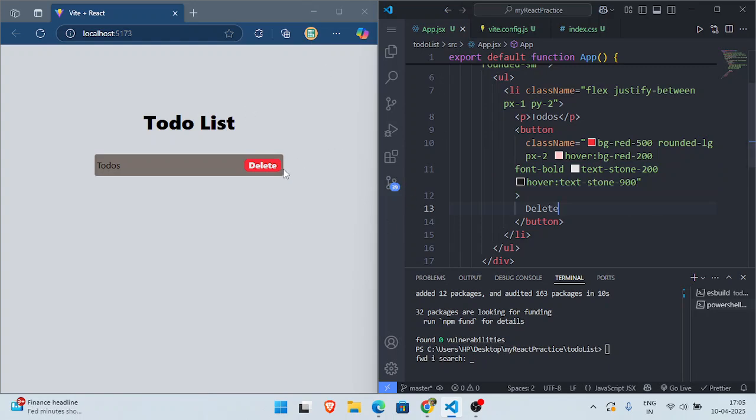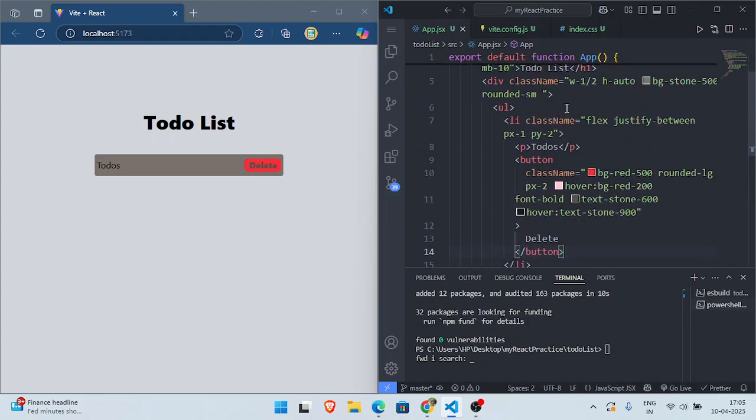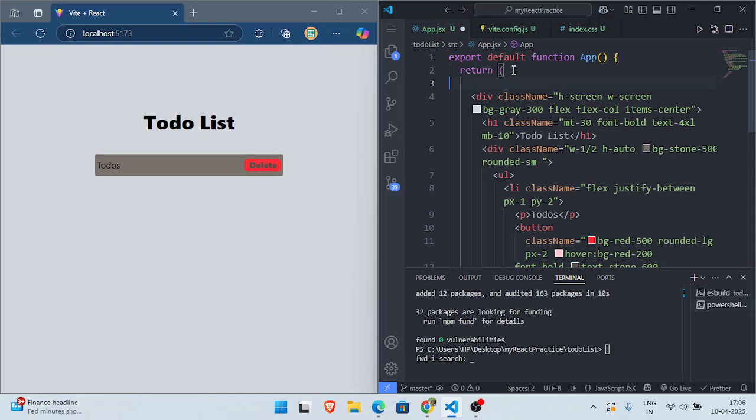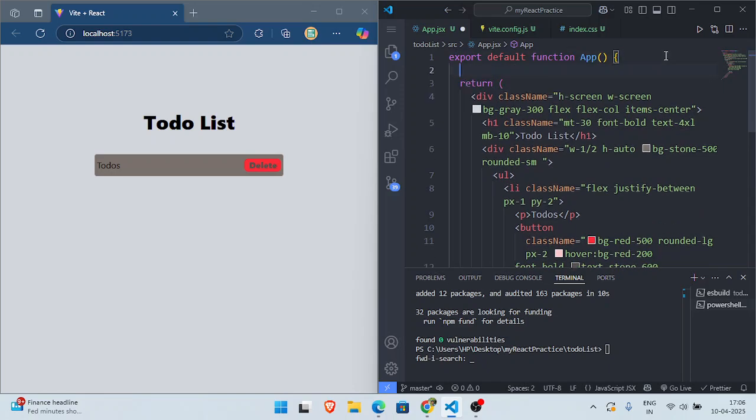Okay. I think I should give it 600. Yeah, it is fine. So now we have created the UI successfully. Now I would like to create a to-do list. Now I'd like to show the to-do list concept, how to create a to-do list, the code behind the to-do list. So create a state, const